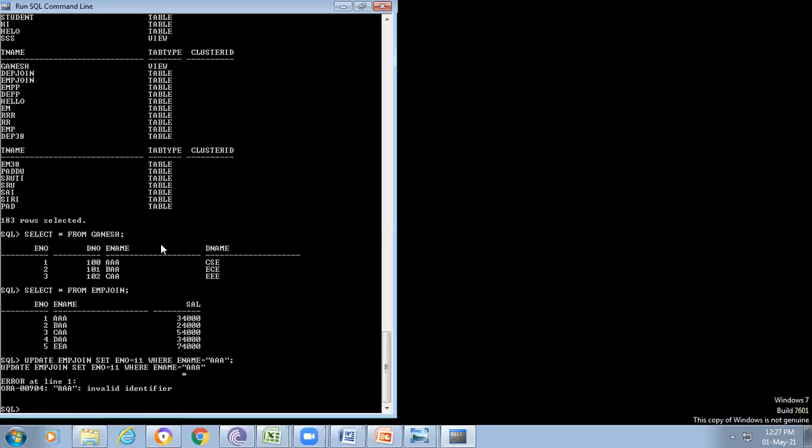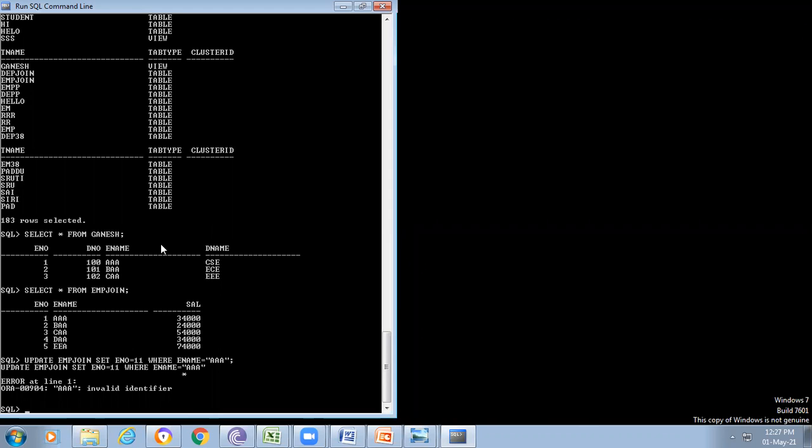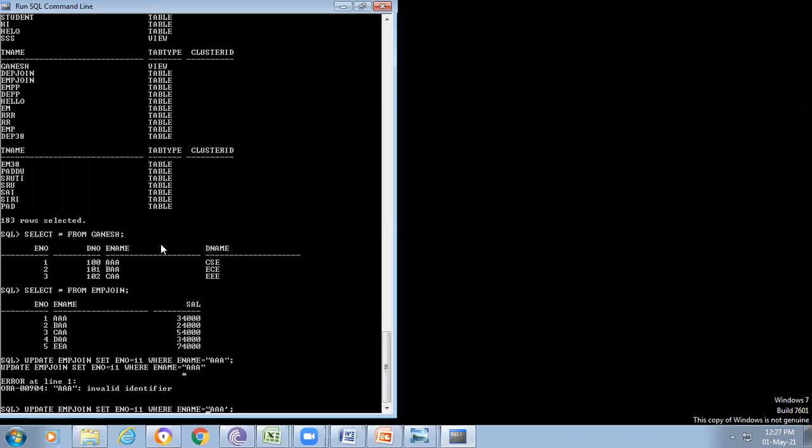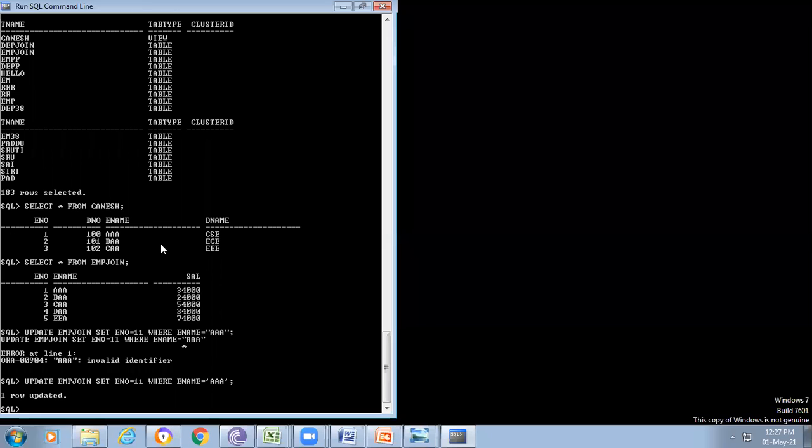Update table name, set field name equal to value where e_name equal to... it's an invalid identifier. Okay, here we try to give the single quotes. Okay, so one row updated.